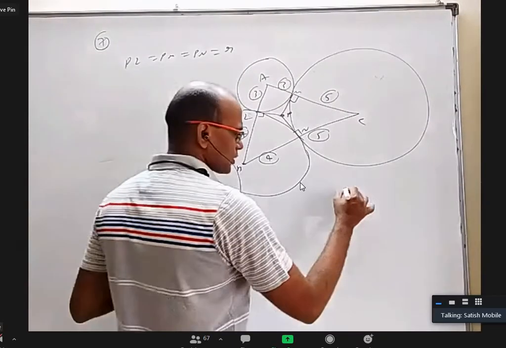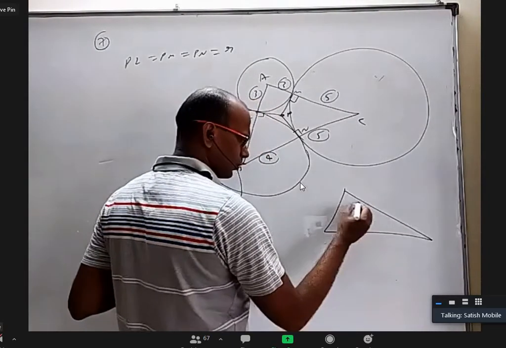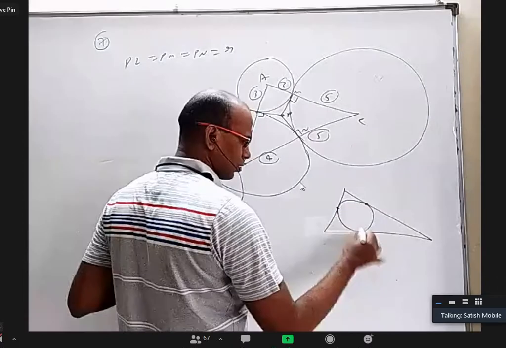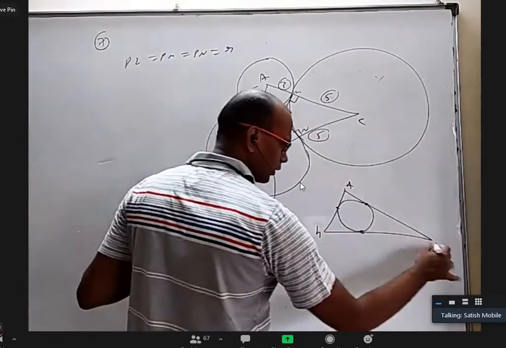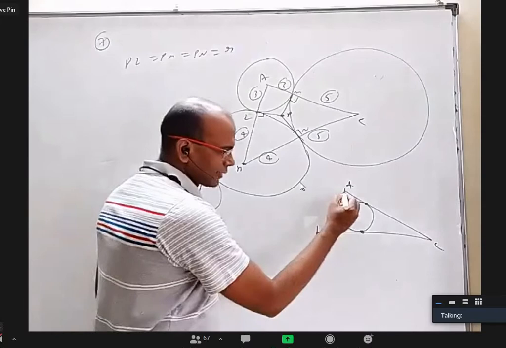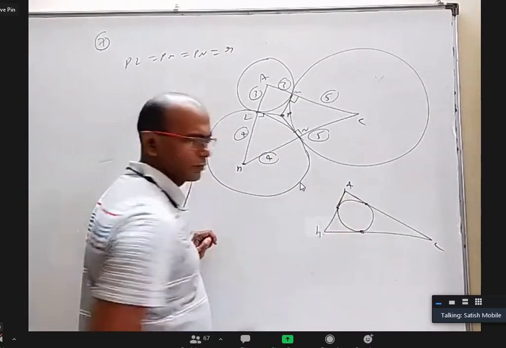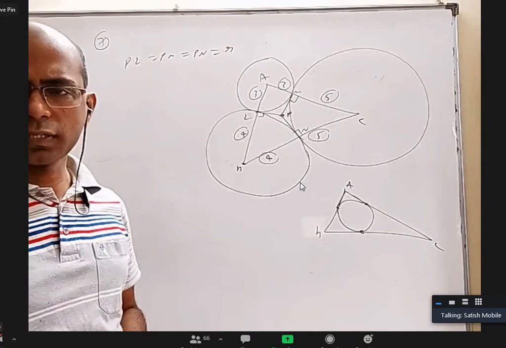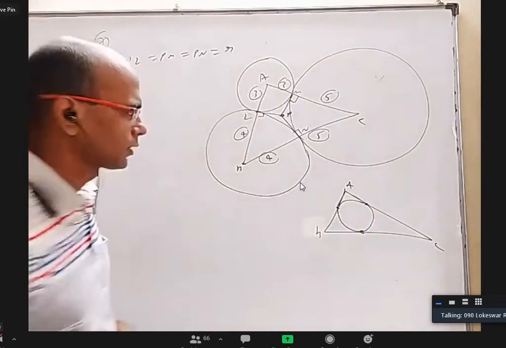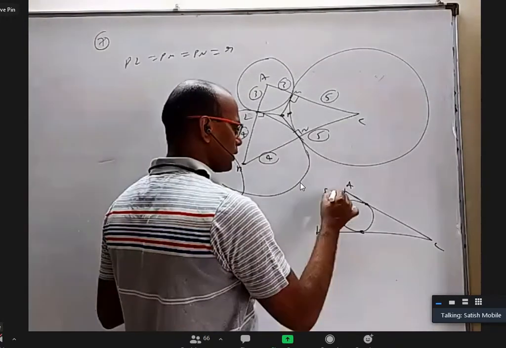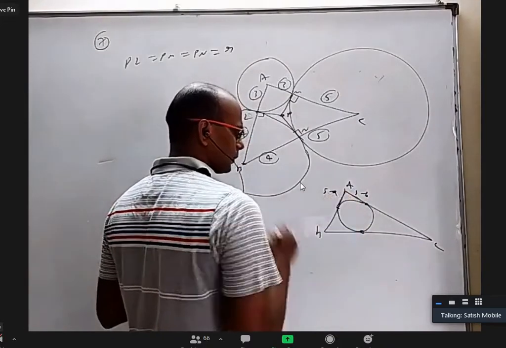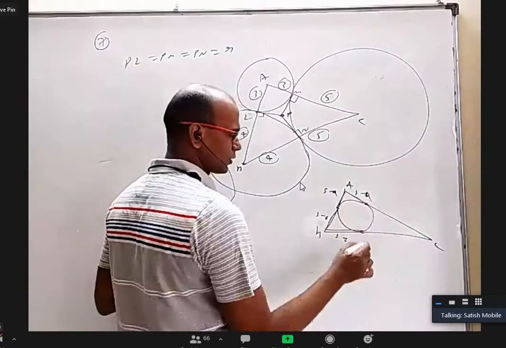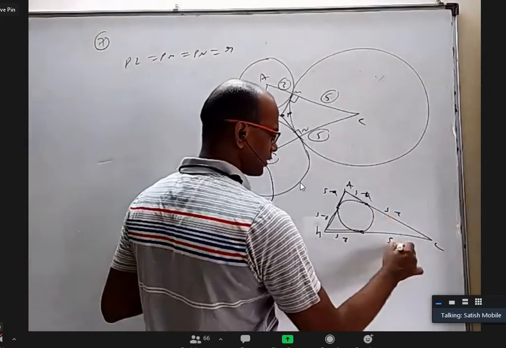Anybody remember in first year, there is a triangle and a circle touching all of its sides, and these are A, B, C. This length and this length, for that also there is a formula, in terms of A or B or C or S. S minus A plus B by 2. No, they are S minus A and S minus A. This length and this length are S minus B. Both are S minus B. This length and this length are S minus C.